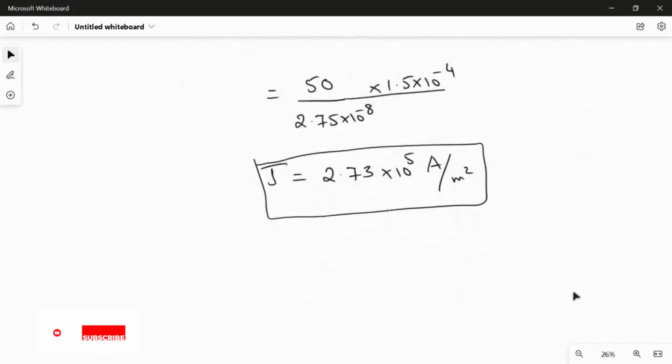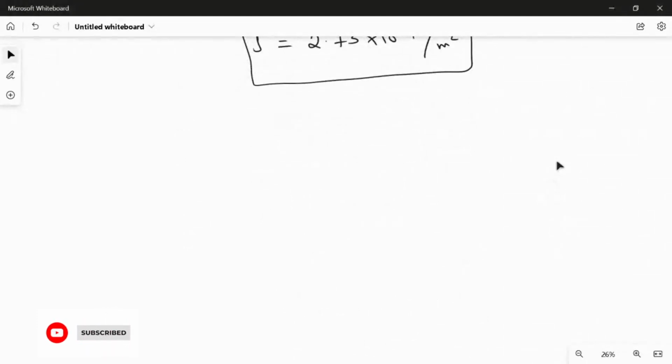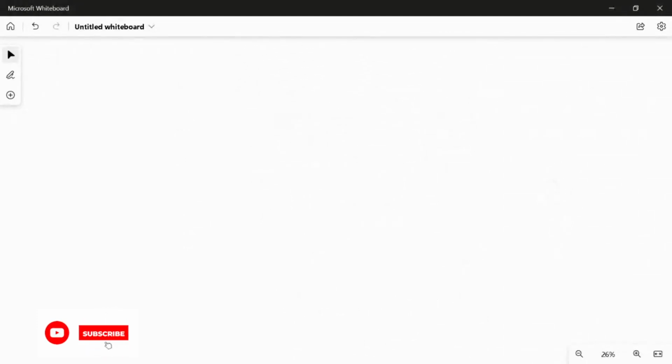Now we have to answer part D, which is mass per unit length, lambda. So here I'm going to use the equation for density. As we already know, the density formula rho is equal to mass over volume. So here this is the density of aluminum. Now I'm going to rearrange this equation in terms of mass. Therefore, mass is equal to the density of aluminum